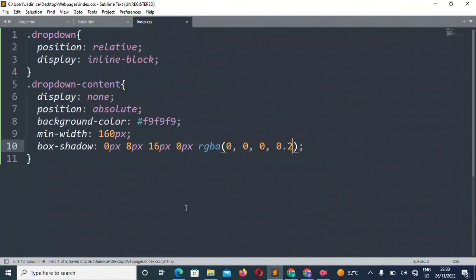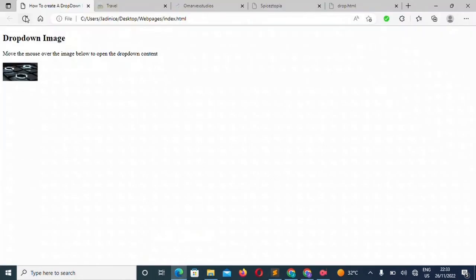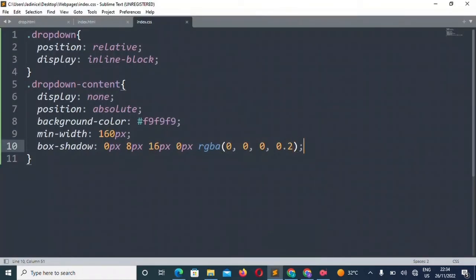Let's save it and then refresh. There, it's already applied. The CSS code has already been applied to it, but we can't see it yet because it's still hidden by default. But don't worry, we're gonna see it eventually.